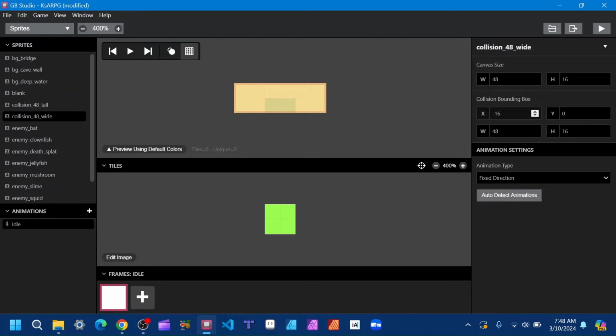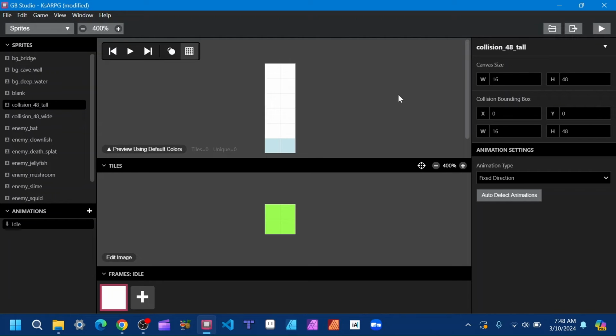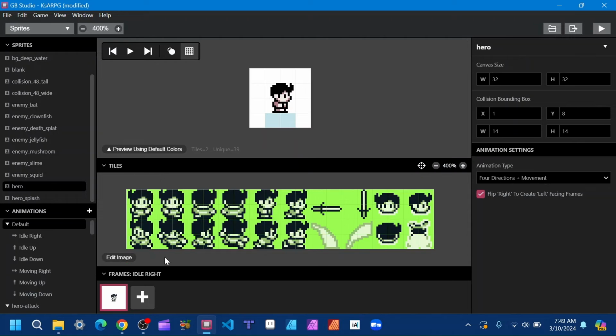So this one, in this case, it's -16 because it's centered and then right. And this one here, right? So that's the most important thing, is to make sure you fill out the entire box, the entire sprite with the collisions. And then the next thing you're going to need to do is make sure for your hero or